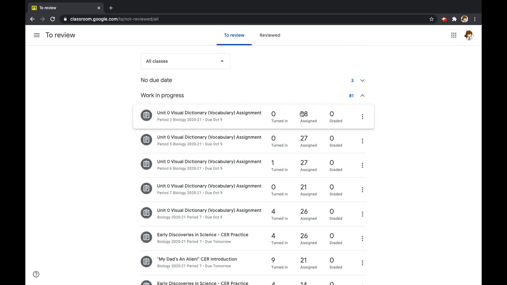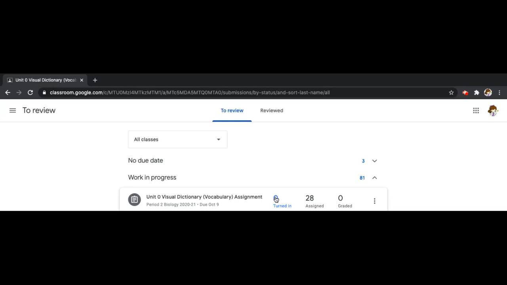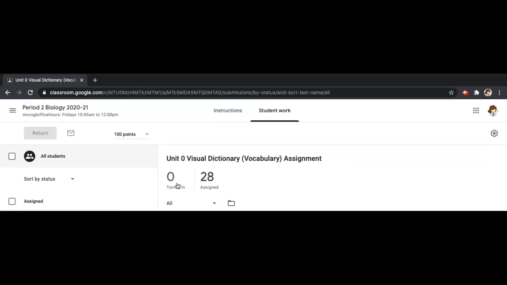You can click into each one of these and it will directly bring you to whatever Google Classroom and category you're looking for. So if I want to go look to see the students that have turned in a visual dictionary for period 2, I make sure that the turned in section is blue after I hover over it. I will then be able to click and it'll automatically bring me to the Google Classroom student work. I can from there, if I decide I wanted to change my category, continue to grade, either by doing the grading here or going into each individual assignment